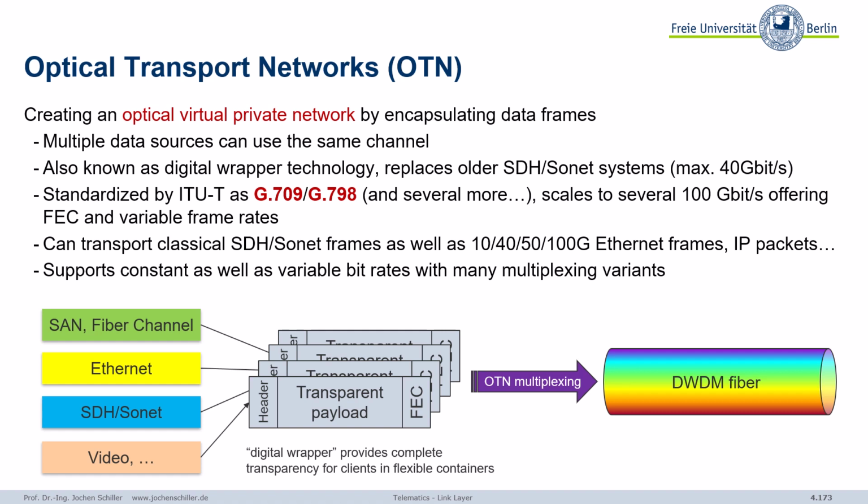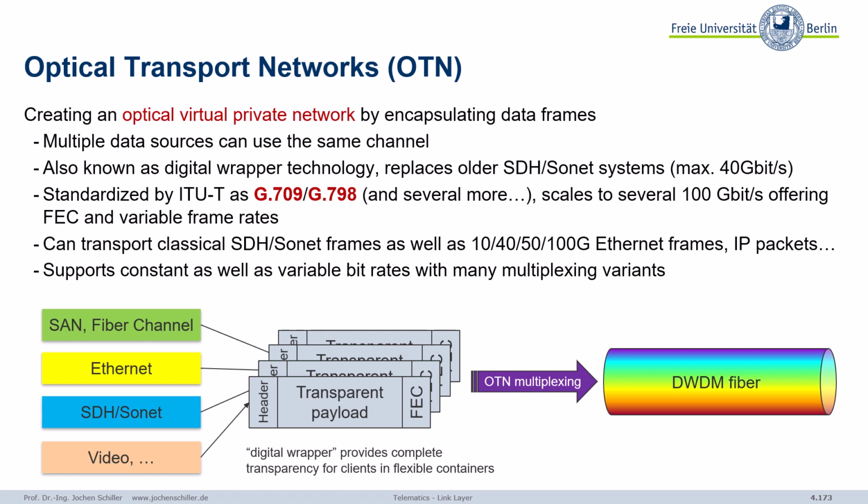And we cannot simply say, okay, let's get rid of SDH completely and all the traffic. So there are some special requirements. So ITU-T came up with a family of standards, G.709 and some others, developing an optical transport network that really scales to several hundred gigabit per second, offering forward error correction and different